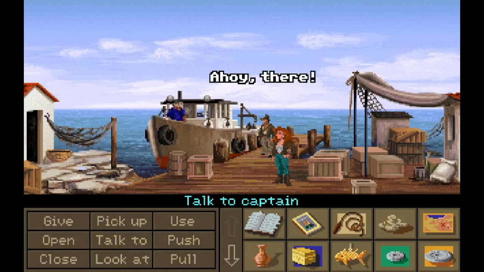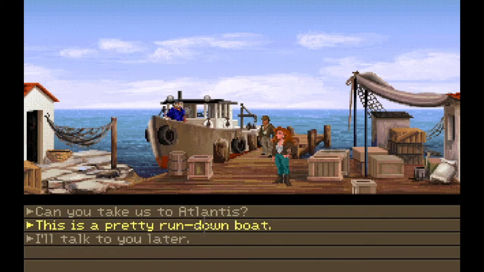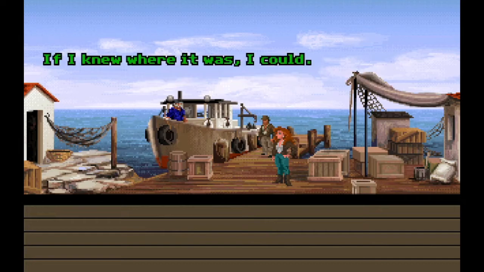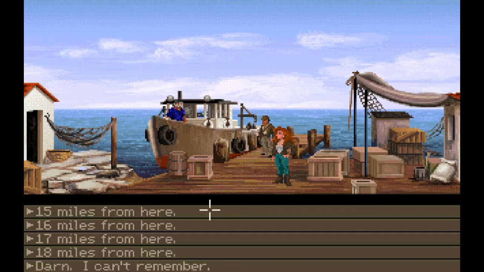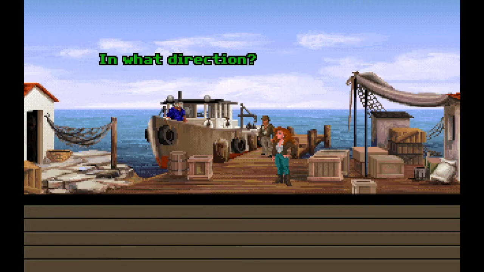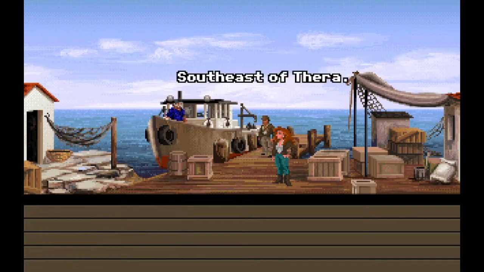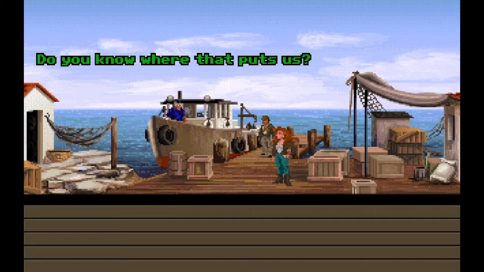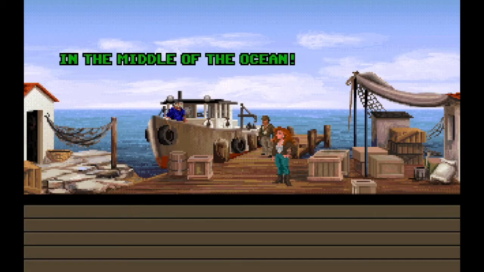Ahoy there! You again. What do you want? I'm pretty sure something is not a good idea. Can you take us to Atlantis? If I knew where it was, I could. Where exactly do you want to go? 17 miles from here. In what direction? You want to go southeast, because we are northwest. Southeast of Thera. Do you know where that puts us? Since you don't seem to know, I'll tell you. In the middle of the ocean. I'm aware, but it's in the...